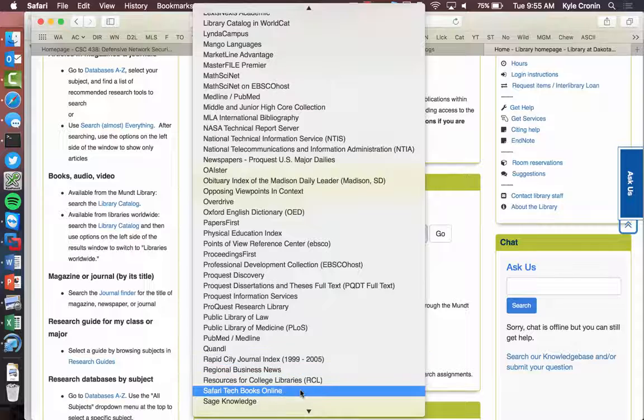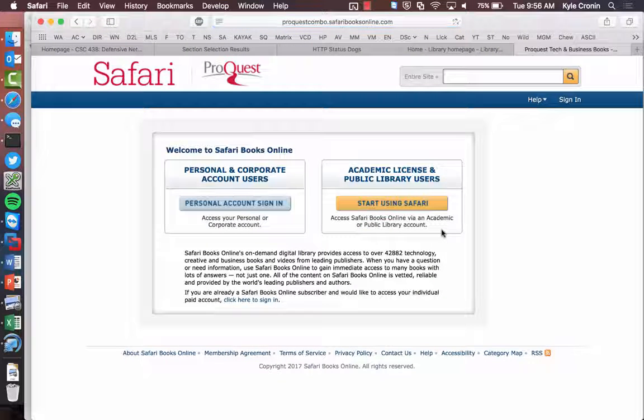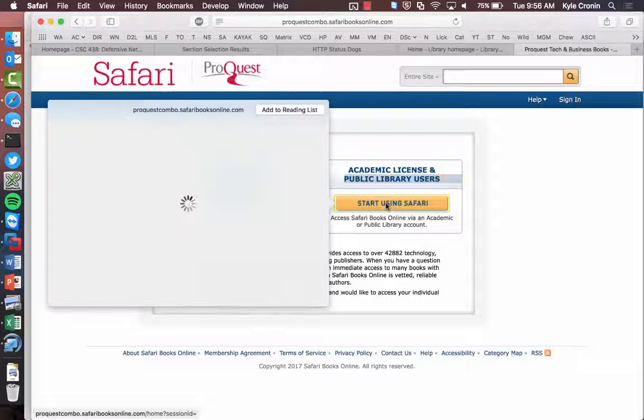So if you go to the library website and find Safari Textbooks Online and hit go, I'm going to be mad if this keeps dying on me. There, now. Oh, no, it's right here. Never mind. I thought I needed to sign in. You just need to click Start using Safari. I just need to look at what's on my screen. So if you click that,